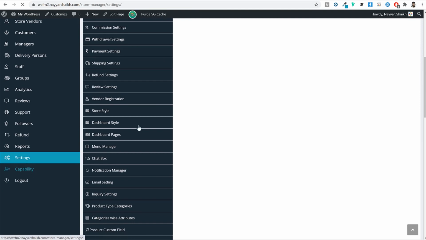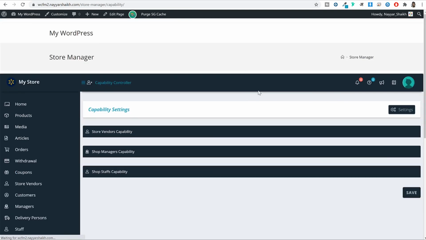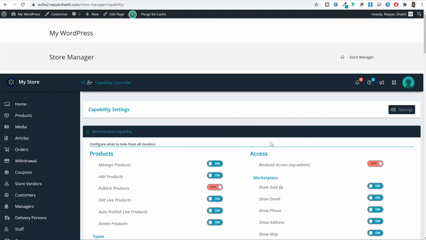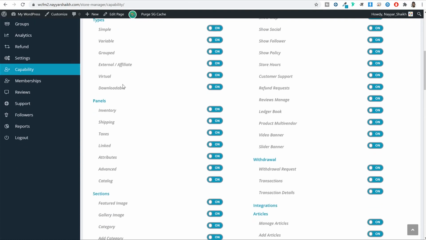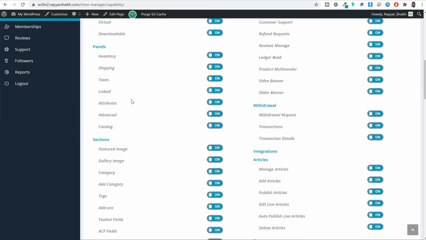If you click on capability, you can enable or disable a seller to do certain things. For example, you can click on store vendor, which is your seller. We have disabled them from publishing the product. So they cannot publish the product. We as an admin only can publish the product. If you want, you can disable this. They cannot create any affiliate product or external product. Similarly, they cannot